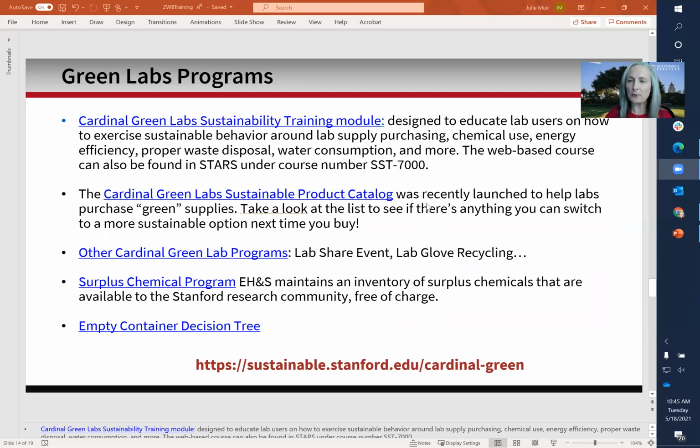So for some other programs that are really helpful in waste reduction, take a look at our Green Labs program if you're from a lab. We have a sustainability training module. We have a sustainable products catalog. We have lab share events. We have a lab glove recycling program. Environmental health and safety offers several tools, including the surplus chemical program and the empty container decision tree to help you make decisions about your containers in your lab. You can find all of these things on our website at